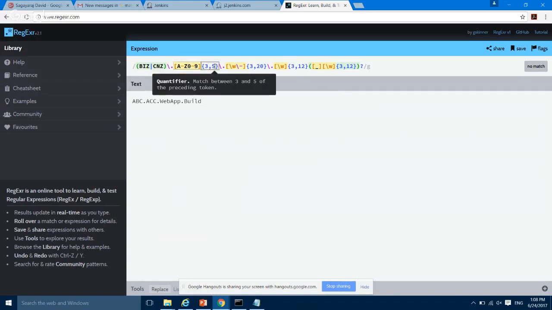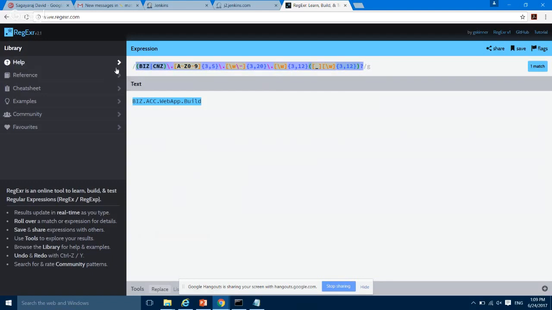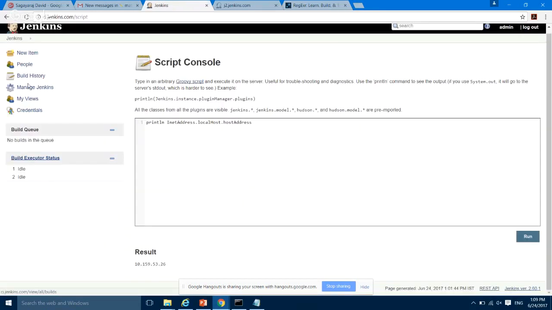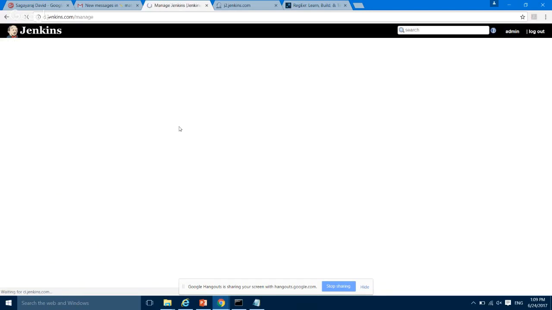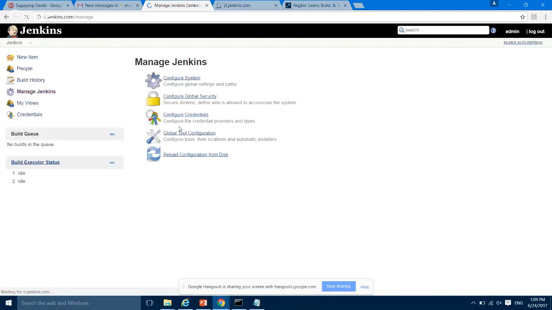So because 0 to 9, 3 to 5 characters, 6 characters, 3 characters. 3 to 5 read. The first one has to be either this or change. Okay, so now it matches. So that means it works, and then you take this regular expression and put it in the Jenkins job naming enforcement. How you do that is you go to manage Jenkins,